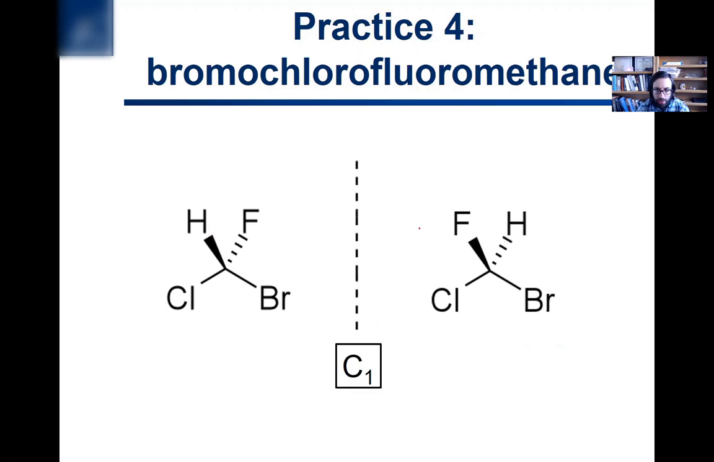This is a chiral molecule because of that. And we'll talk a little bit about that in the